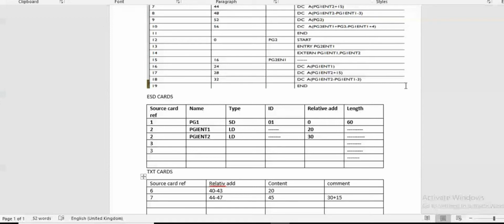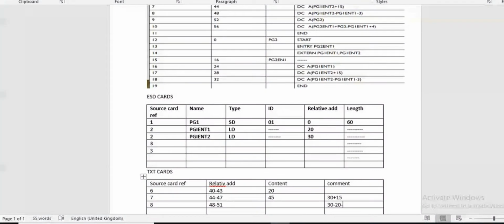What is the address of PGIENT1? You have to fetch this value from the ESD card, that is 20. After this, we have to minus 3. That is 30 minus 20 is 10, and 10 minus 3 is 7. So the content for this is 7.